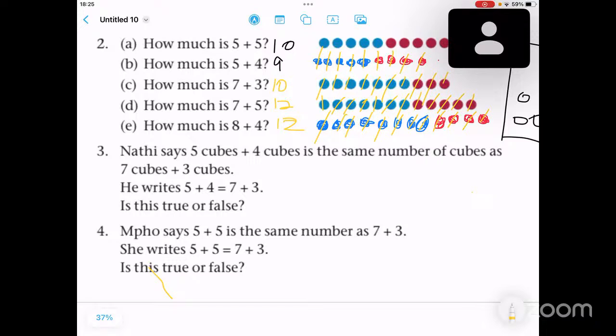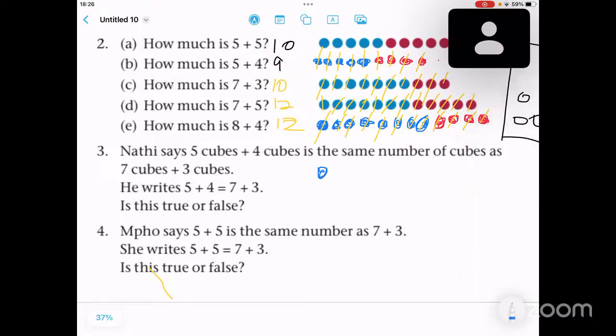Number 3 says Nati says 5 cubes plus 4 cubes is the same number of cubes as 7 cubes plus 3 cubes. He writes 5 plus 4 is equal to 7 plus 3. And I told you guys that when they're making such number sentences, you have to check if they are correct. So now they're saying 5 plus 4 is equal to 7 plus 3. So what you're going to do, Minentle, you're going to try and calculate how much is 5 plus 4. So you're going to have 5 plus 4,